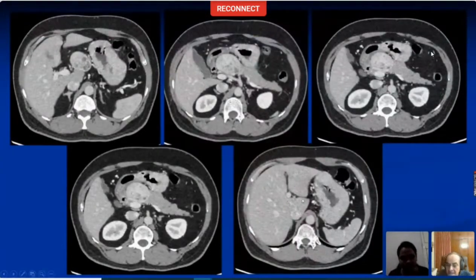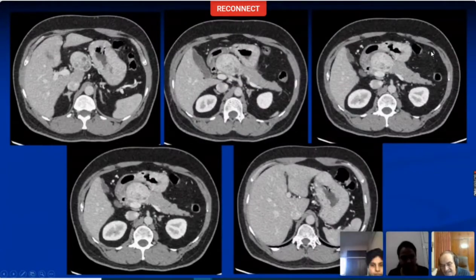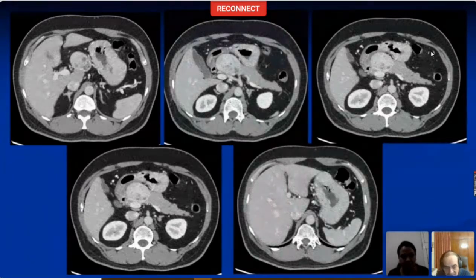Washout is when it becomes hypodense compared to the background liver, right? By definition, washout is when the lesion becomes hypodense as compared to the background normal liver parenchyma. But there is a phase in the contrast kinetics where the lesion is enhancing as much as the background liver. And that is why we say that hypervascular metastases can be picked up only on an arterial phase. If you do only a portal venous phase, you may actually miss hepatic metastases coming from a hypervascular primary.